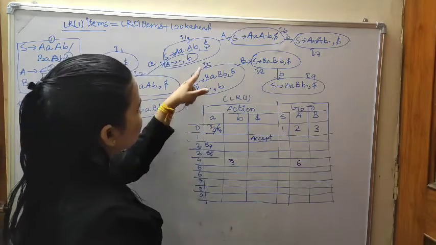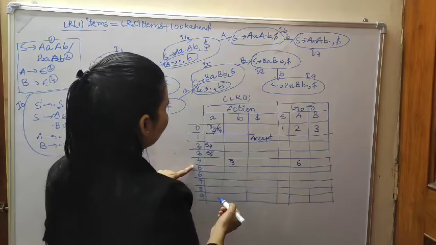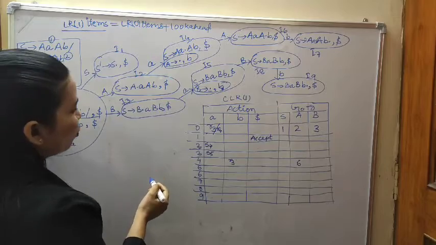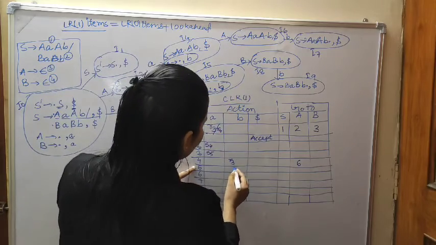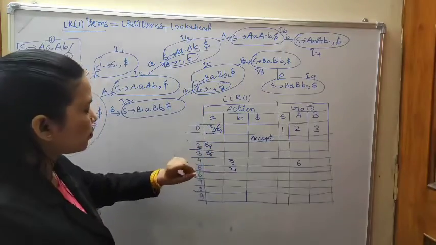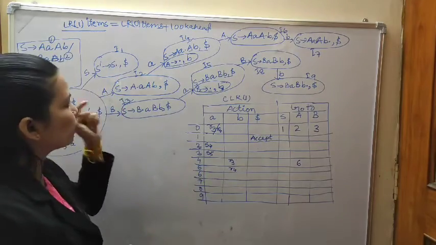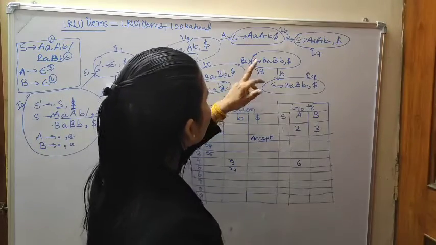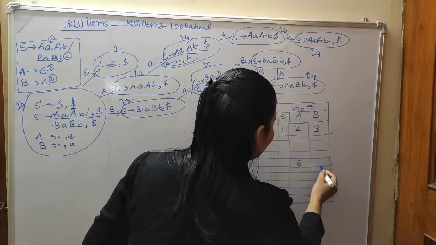Now the fifth number state, this is also a final item. Look at the final item, that means reduce part. So look ahead is B. Okay, what is the production rule? 4. The production rule is 4, so that means R4, in which place? B place. In the B place we write R4. Look ahead is B, that is why we put R4 here. Production rule is 4 and look ahead is B, so we write it at the look ahead place. Now in the shift, B is shifting to number 8.